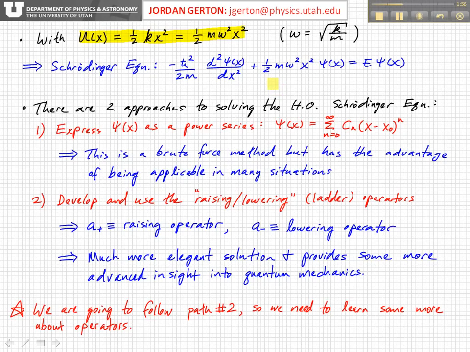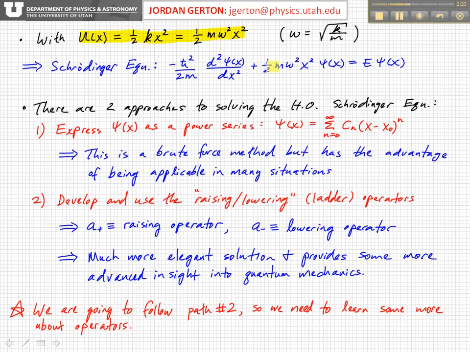Again, this is a time-independent potential, so we've separated variables. We're just considering the spatial part of the wave function, the spatial part of the Schrodinger equation. We get minus h bar squared over 2m d squared psi dx squared plus now the potential energy term 1/2 m omega squared x squared times psi of x, and this is equal to E times psi. Okay, so now this is